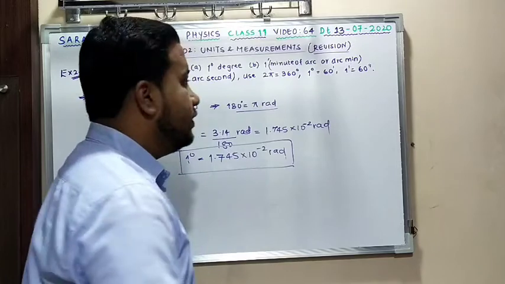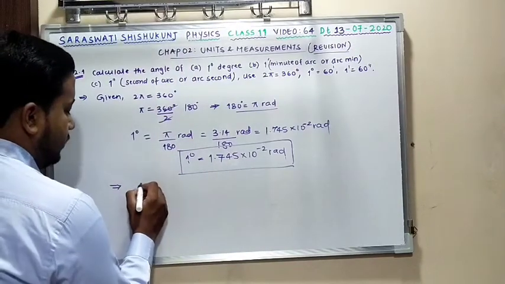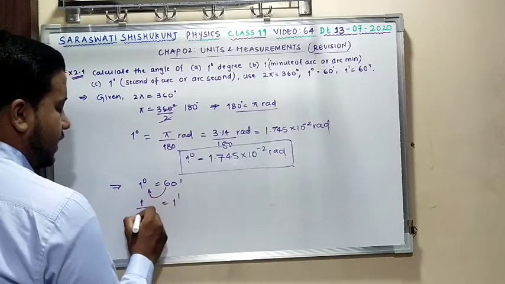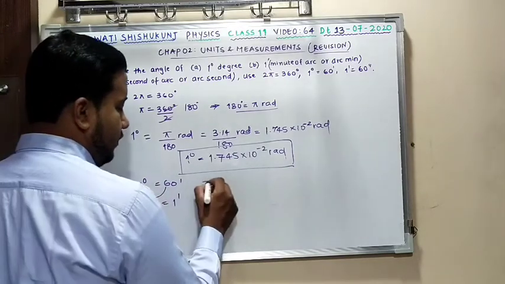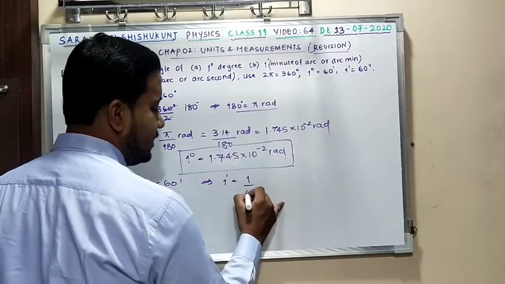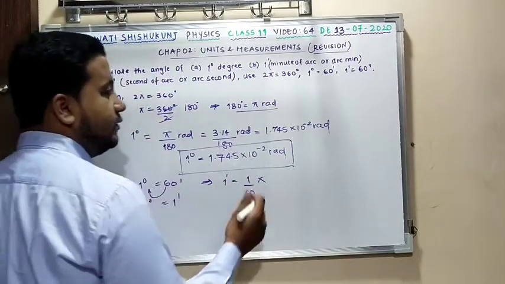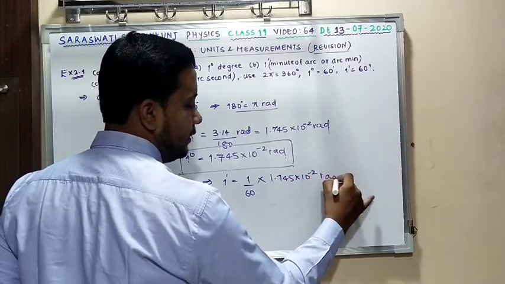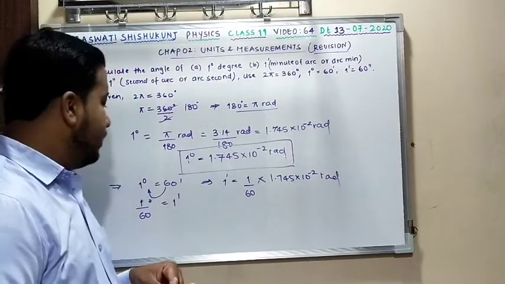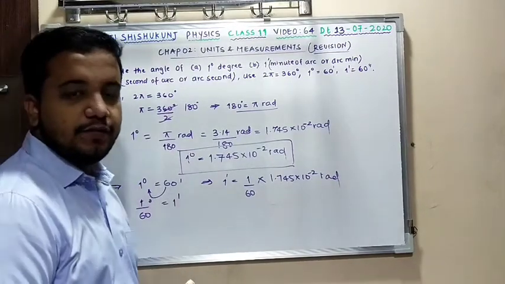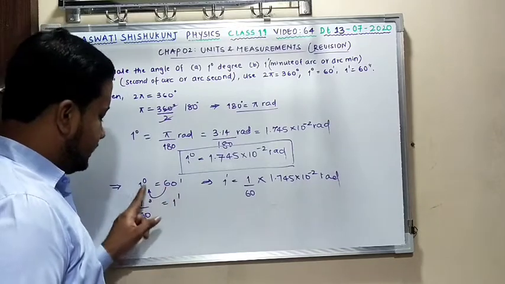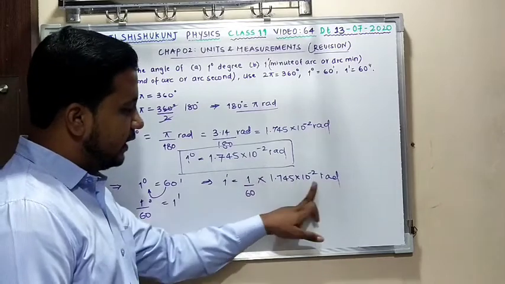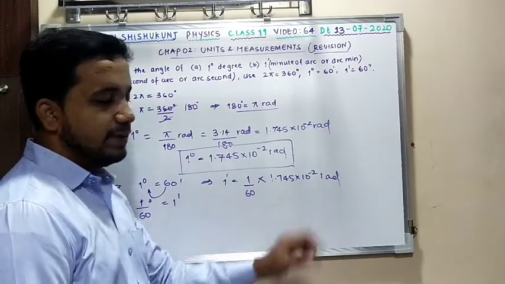Now the second thing we need to calculate, that is we also know that 1 degree is 60 minutes. So if I need 1 minute, then I have to send the 60 down. So it is 1 by 60 degree. So 1 minute that is equal to 1 by 60 degree into radian, is how much? 1.745 into 10 power minus 2 radian. Yes or no? Simple what I did. 1 degree is 60 minutes. So if somebody tells me to calculate 1 minute, that 60 comes in the denominator, 1 by 60 degree. So 1 by 60 degree into radian, that is 1 degree is 1.745 into 10 power minus 2 radian.